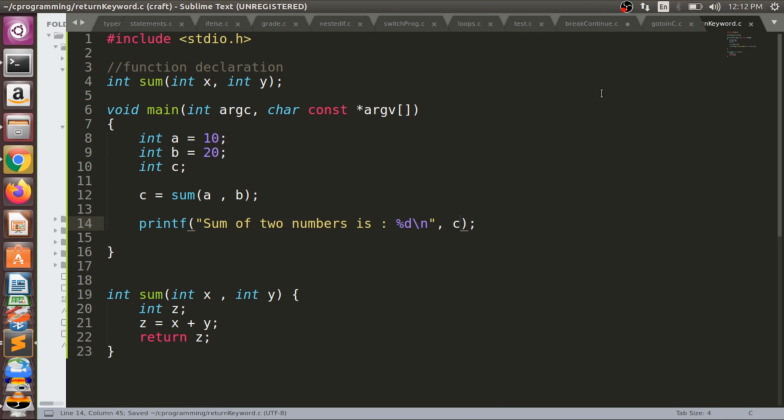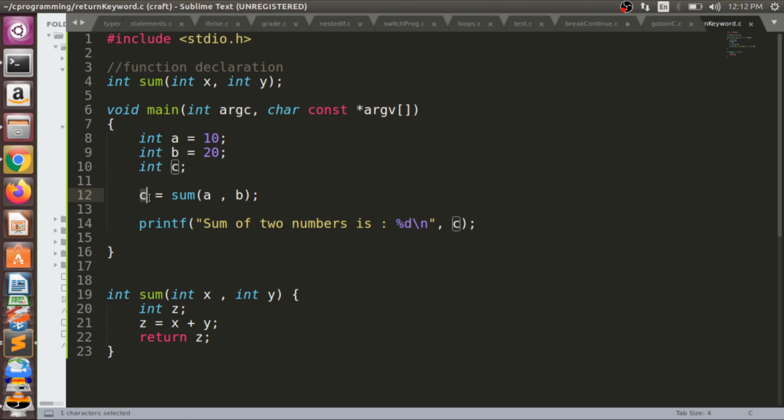So that is our program. What we are trying to do in this program is, here we have a declaration of the function, and here we have a main function. In main we have 3 variables, int a, b, c. 2 variables we have assigned a value, and 1 variable c we do not assign.